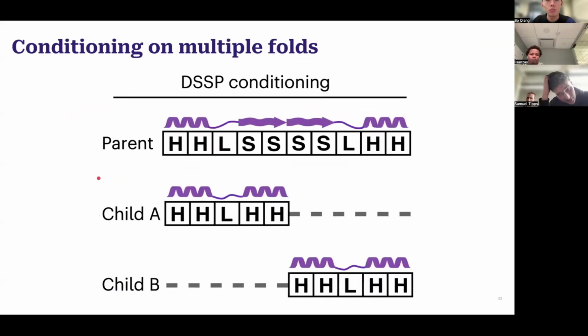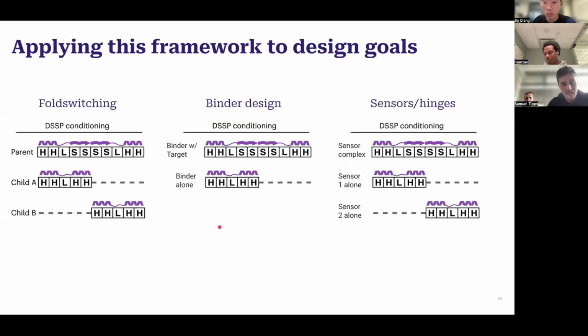And so what this looks like going into the model is you're running three different trajectories at the same time, where you're providing the model with both the full-length parent sequence and applying DSSP conditioning for helices and sheets. And then you're also providing the model with the two split children sequences with DSSP conditioning only for alpha helices. And the few use cases that you might want to apply this framework for designing